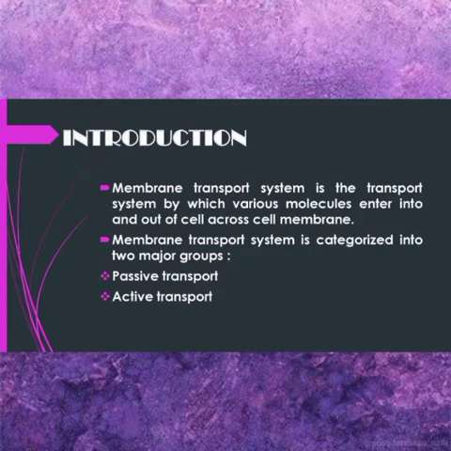All substances move through the membrane by two general methods, which are categorized based on whether or not energy is required. Number one, passive transport is the movement of substances across the membrane without the expenditure of cellular energy. And second one is active transport, which is the movement of substances across the membrane using energy from ATP, that is adenosine triphosphate. In this video, I will be discussing the details of the passive transport system.